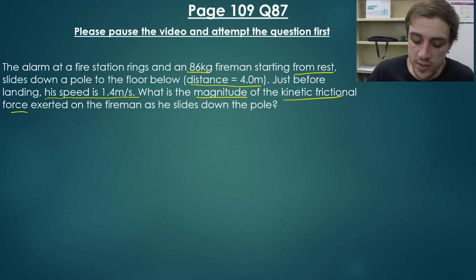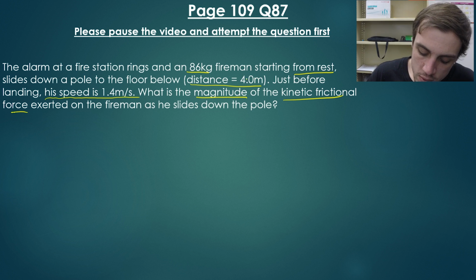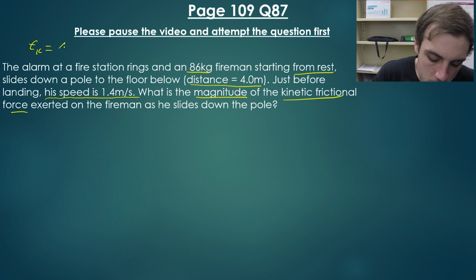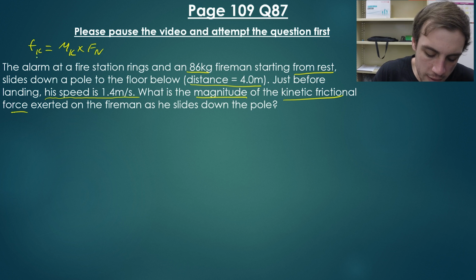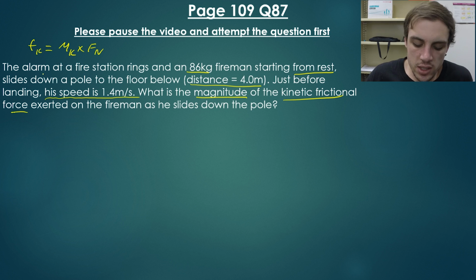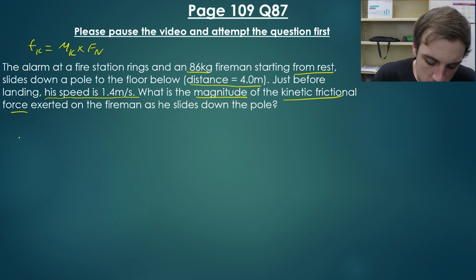Okay, so this is quite interesting because we are given a lot of kinematic values, but we are also told we want the kinetic frictional force. So that's going to be our friction with k. Kinetic friction is the coefficient times the force normal. The big thing here is we need to know how much friction is being exerted from the pole onto the fireman. So what I'm going to do is,